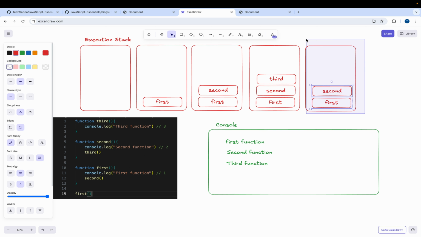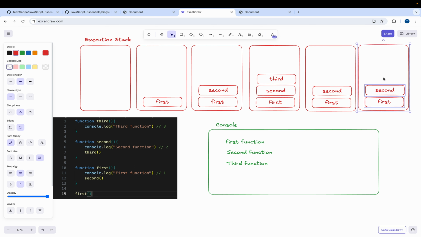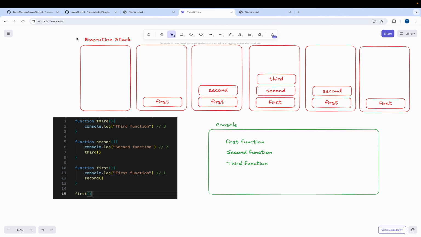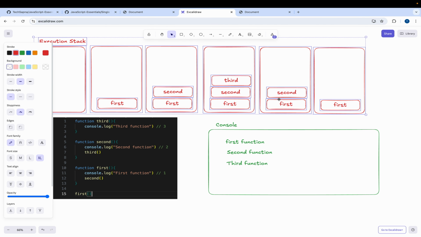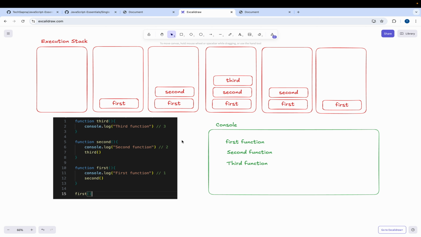So now even the second function execution context will also be popped off from the execution stack. I'm gonna drag it a bit here because we have one more step left. Now